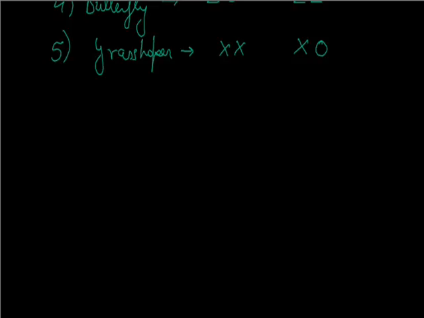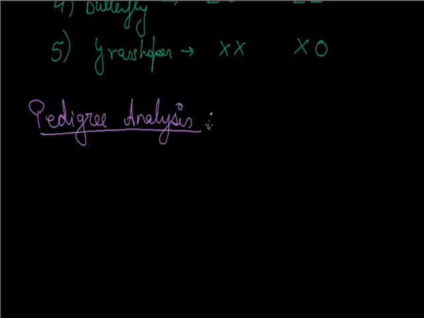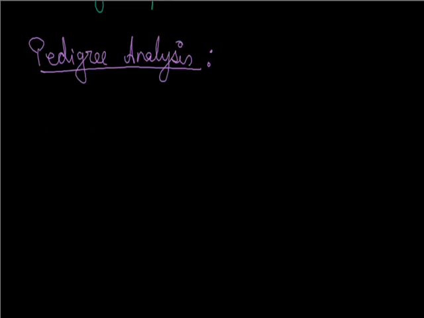And lastly, pedigree analysis helps to detect the ancestor and the line of a particular ancestor. And some of the rules: